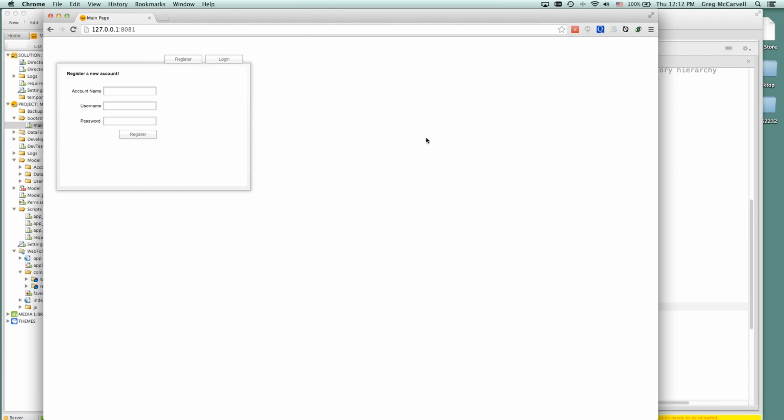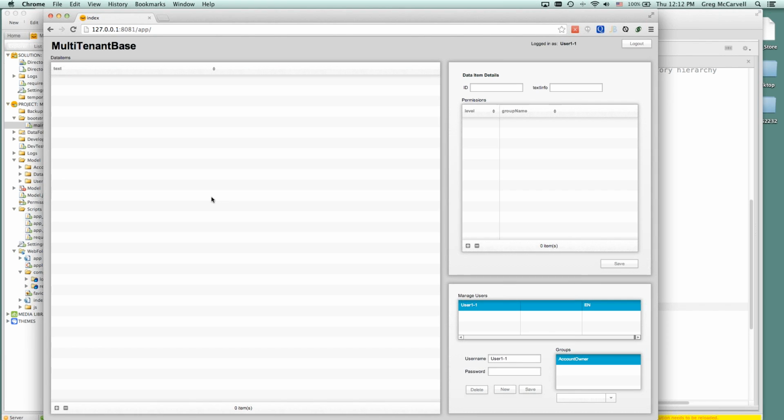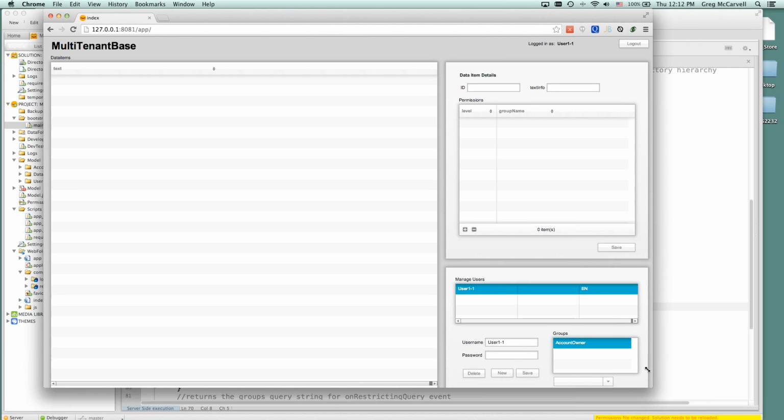So what I have right now working is you can register a new account or you can log in an existing user. So I'm just going to do account 1. We'll do user 1-1 for account 1, and I'll always just do the password hello. So I'm going to register here, and you can see that I've got